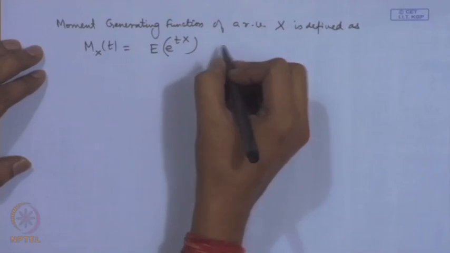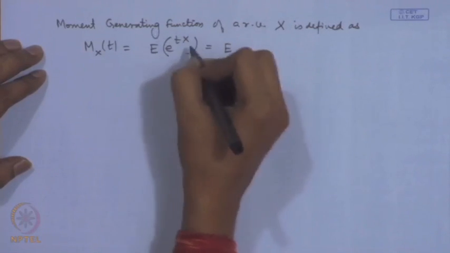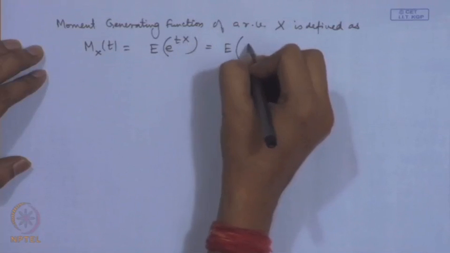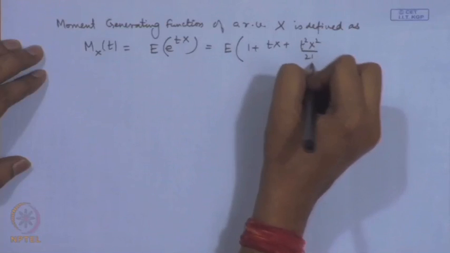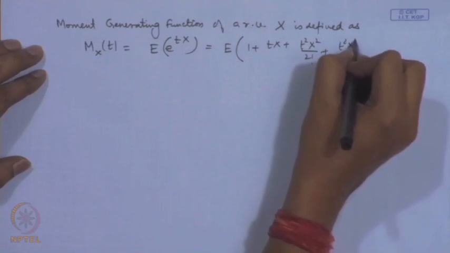Why is it called moment generating function? Because suppose this exists, then we can consider the expansion of this in Maclaurin series